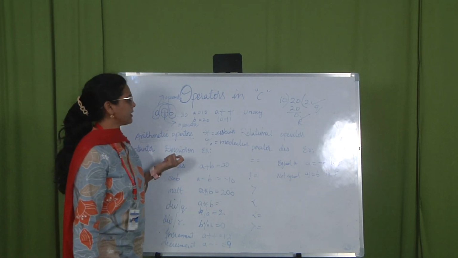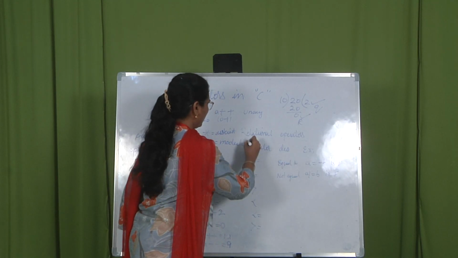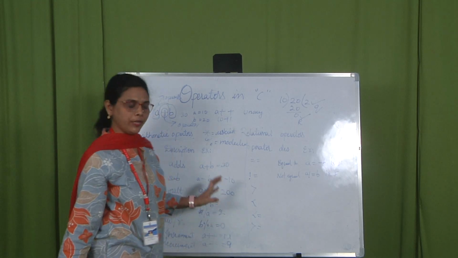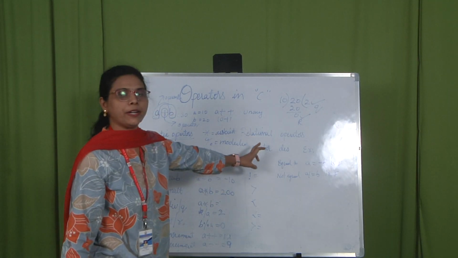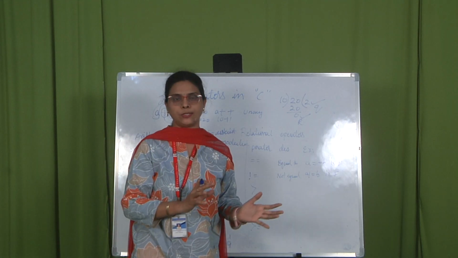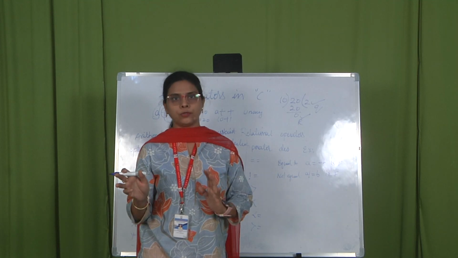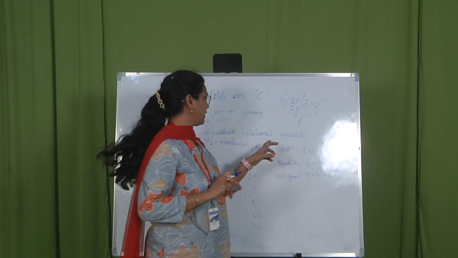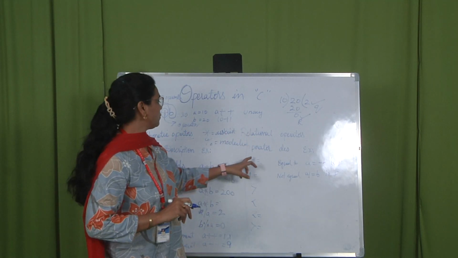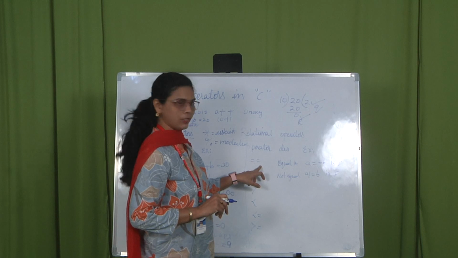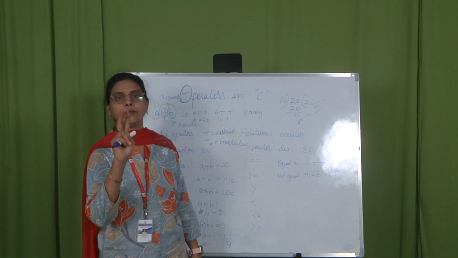Now let us go to the next type of operators, that are relational operators. In arithmetic operators you get an answer for the operation, whereas relational operators are used to compare two quantities. Sometimes only a comparison needs to be done, and in those cases you have to go for relational operators. These are nothing but comparison operators. The first operator is equal to, which checks whether two numbers are equal or not.